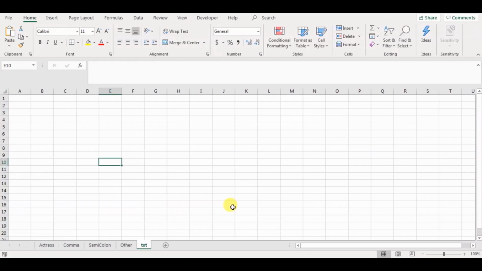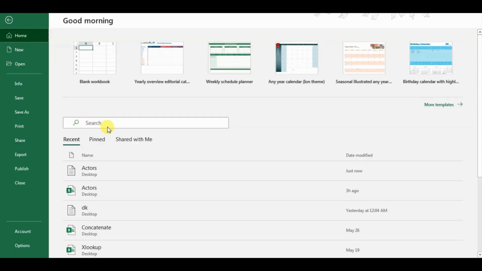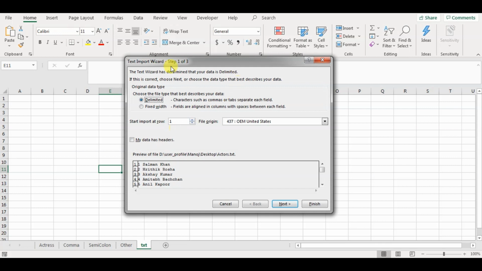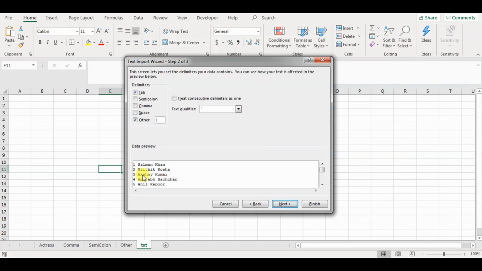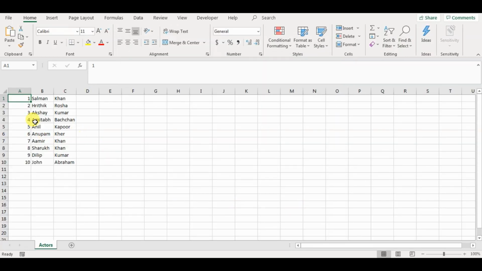To import data from the notepad and delimit the same, I'm going to go to File and I'm going to search wherever my file is saved, but in this case it is right in front. I'm going to select it and the wizard would pop up. It asks whether you want to import the data as it is, or you want to delimit. In this case I want to delimit. So delimited, next, and since we didn't have any pipes between our text, we had spaces, I want to delimit on the basis of spaces. Remove the pipes, go finish, and you can see an Excel sheet would pop up that includes all the serial numbers in column A, the first name of the actors in column B, and the last name in column C. That's exactly how I want it.